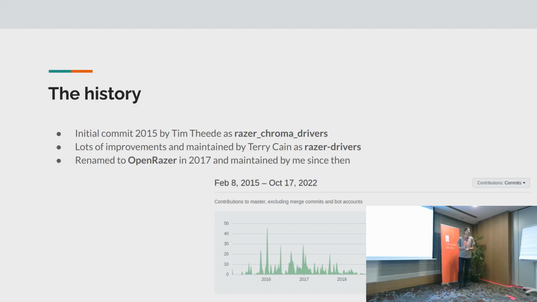And at the very beginning, it was also just the Razer Black Widow Chroma that was supported, so one of the keyboards. Since then, as you saw in the previous slides, it expanded to very many devices. We also have it separated into 5 different classes, like keyboard devices, mouse devices, accessory devices, and a special one for some older headsets because they're a bit special. And I think one more, or maybe not.